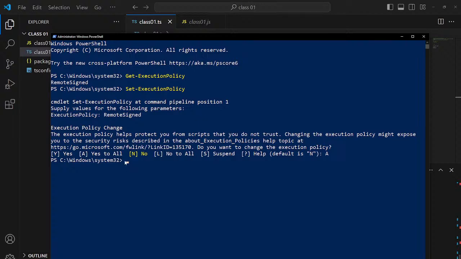So now you should be able to run your TypeScript code properly without any errors. This is an important step for the beginners, like if you're running the code for the first time, you have to be careful about this.